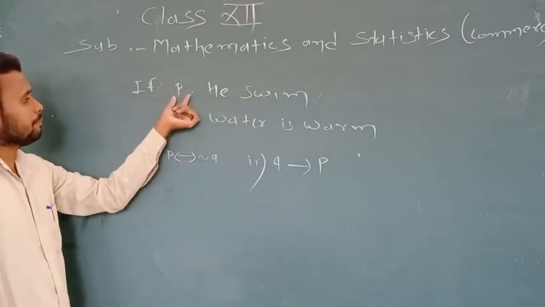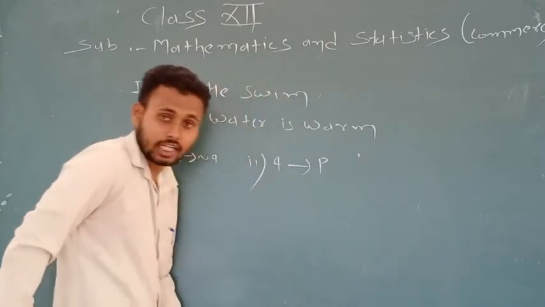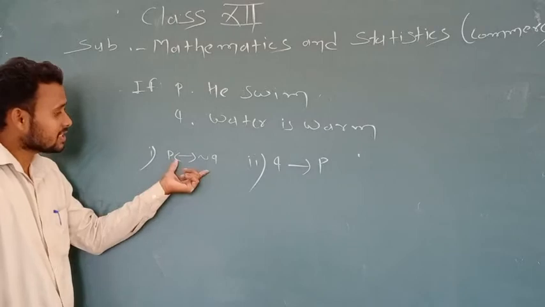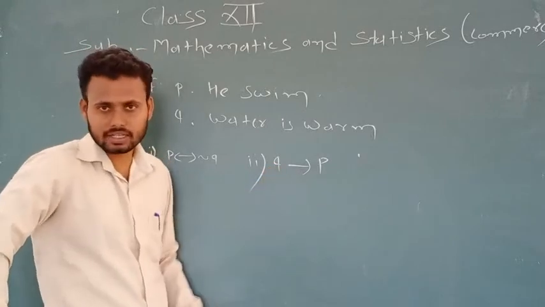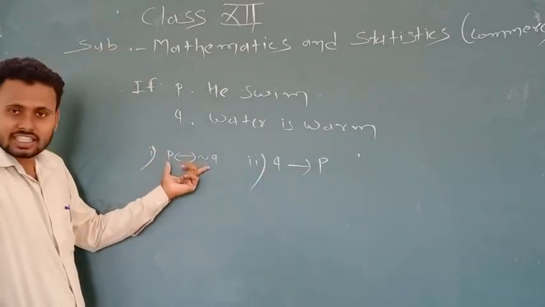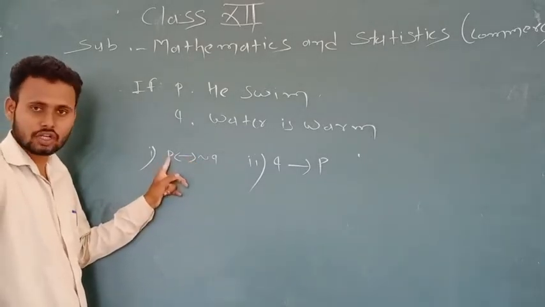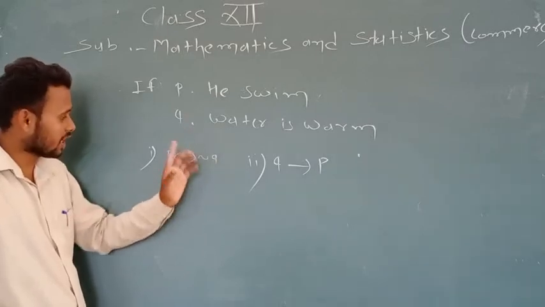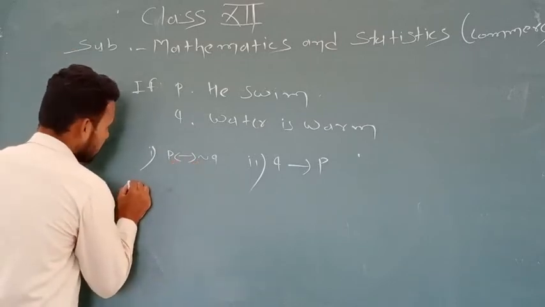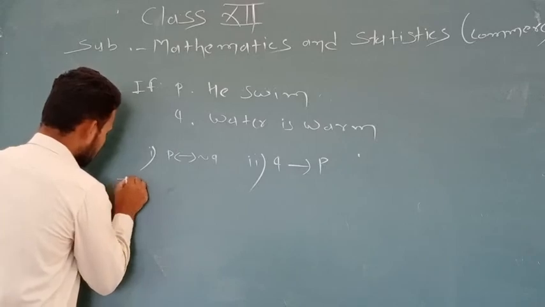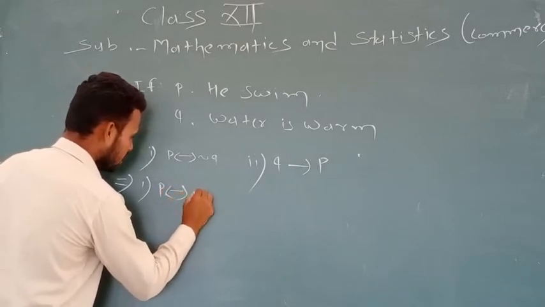The question is: if P is the statement that he swims and Q is the statement that water is warm, then give the verbal statement of the following symbolic statements: P if and only if negation of Q, and second one is Q implies P. From this symbolic form, we have to prepare the verbal statement. We substitute the value of P and the value of Q, and here we have to take the negation of Q. Then we know that this symbol is if and only if. Therefore, in the solution,